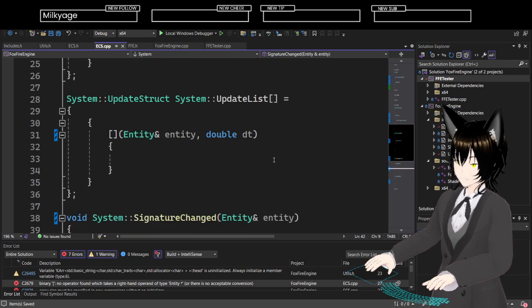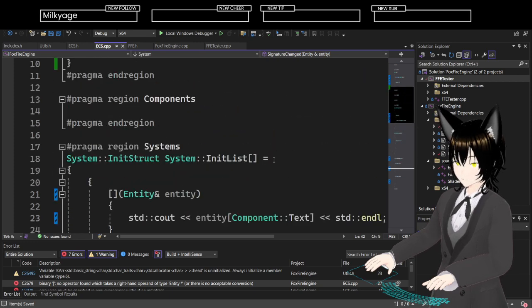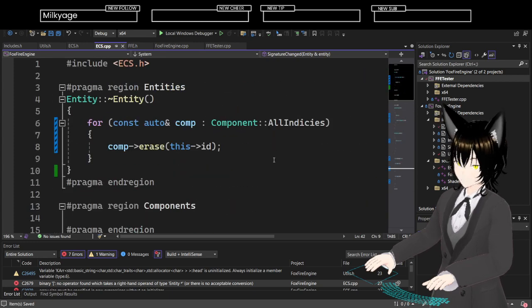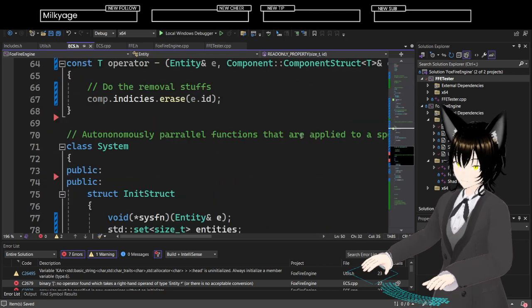So what do we do whenever the signature changes? What does it mean that the signature has changed, and also, what does it mean for a system to have a signature?